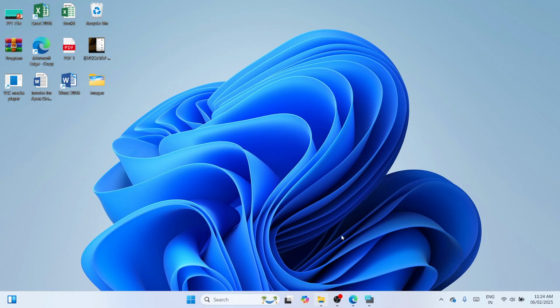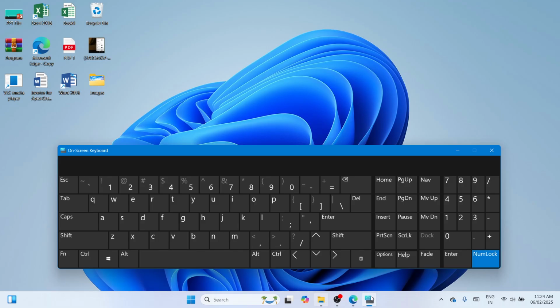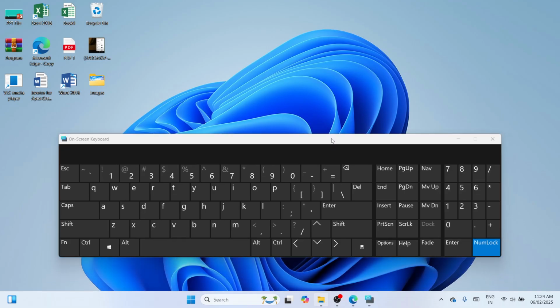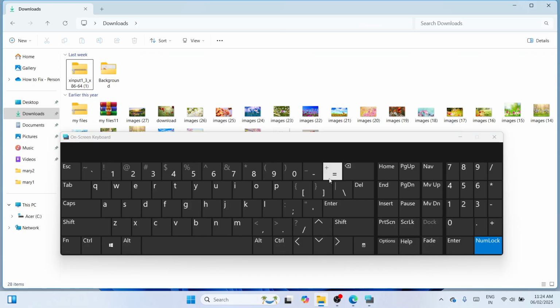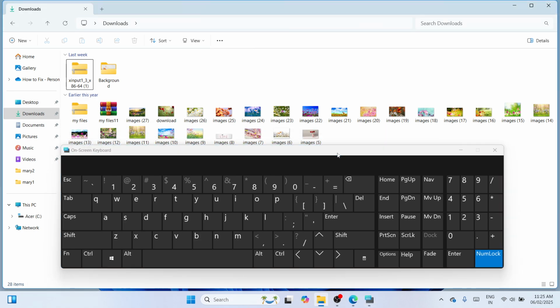First of all, let me just bring up my on-screen keyboard to completely show you what exactly key I am going to press on. And first of all, use your tab key to select the application that you would like to open. Once you have brought it up here,